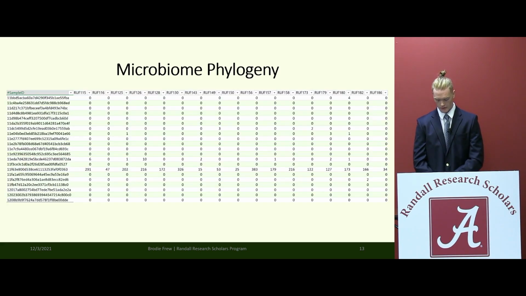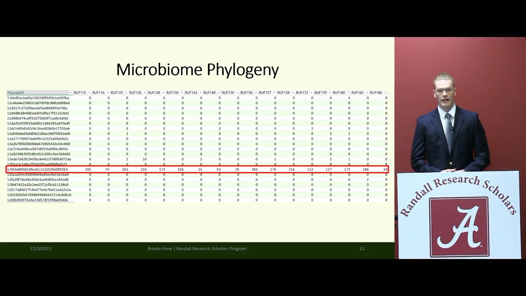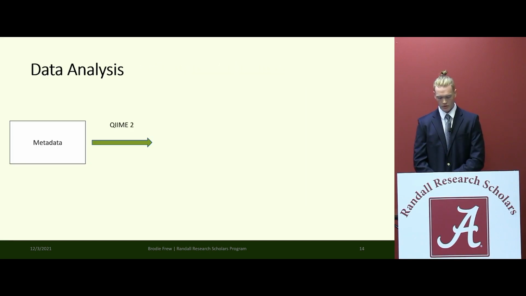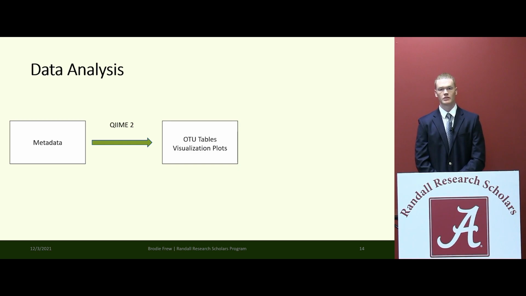antifungal properties. Displayed here, I have the exact number of sequence reads of the Janthinobacterium from a group of specimens that I've displayed here. You can see that every specimen has Janthinobacterium reads. So QIIME2 allowed us to visualize the abundance of the Janthinobacterium in the specimen using these OTU tables and visualization